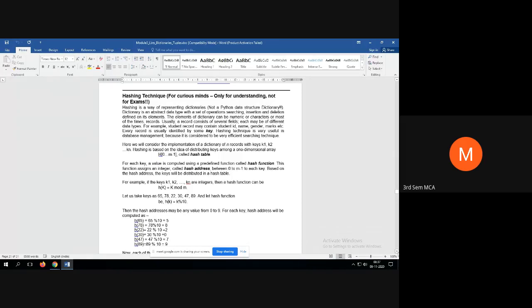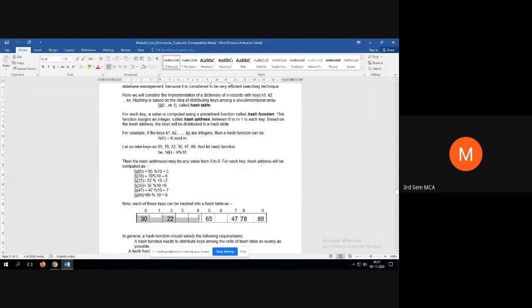See, hashing is a technique where we use key value pairs to represent the elements, isn't it? So once we know the key, it becomes easy for us to retrieve the element. Also in the last class, we discussed a few concepts like what is a hash table. The hash table is implemented by using a one-dimensional array. I'll show you the sample hash table. This is the hash table which contains the elements, and this is the index.